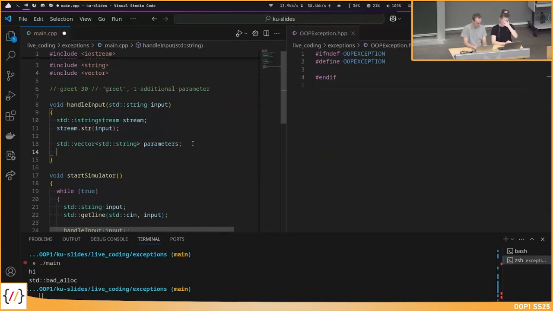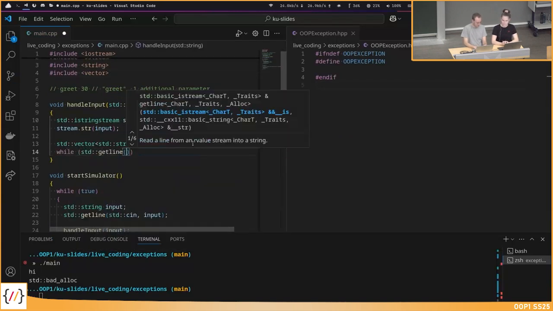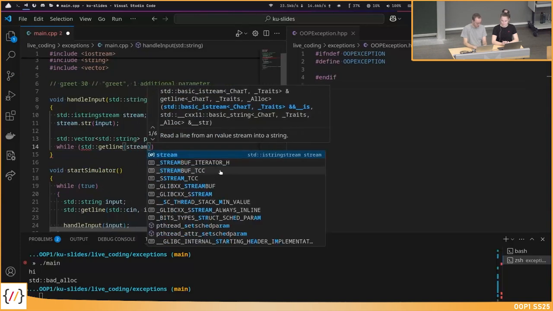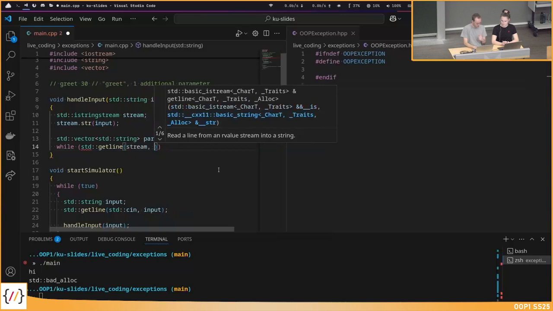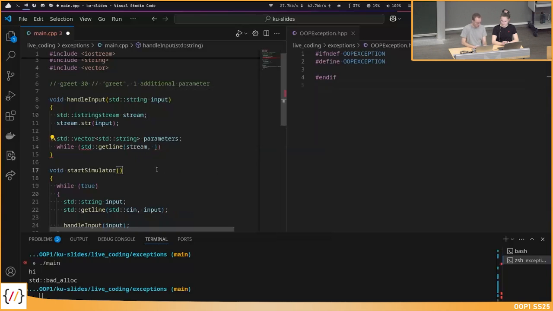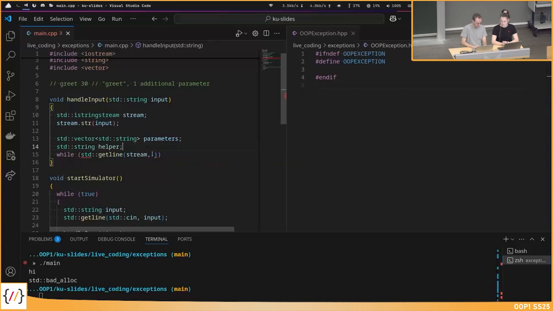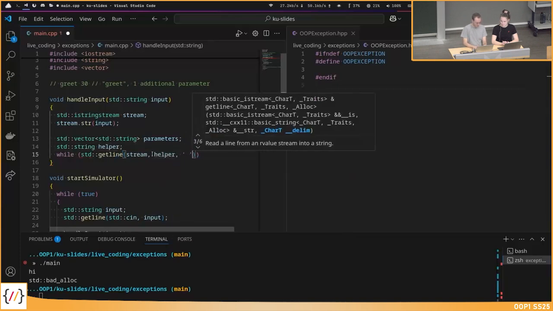Okay, so with the parameters, and we also saw this in the practicals at the beginning, we can call getline repeatedly in the while statement. We read from the stream. Okay, we need one more variable, unfortunately, a helper string maybe. And we want to split on a space character.